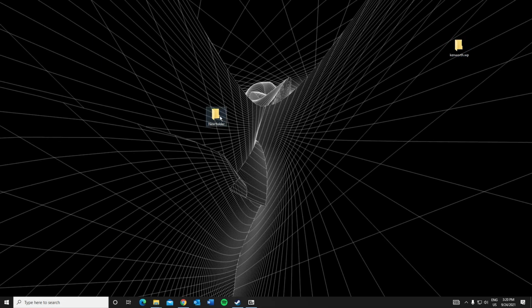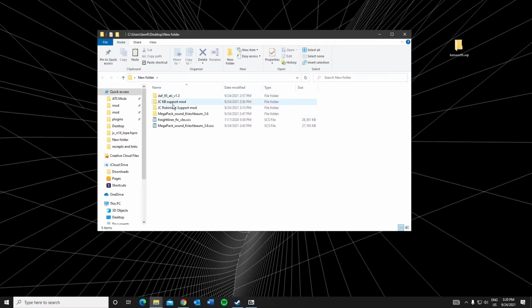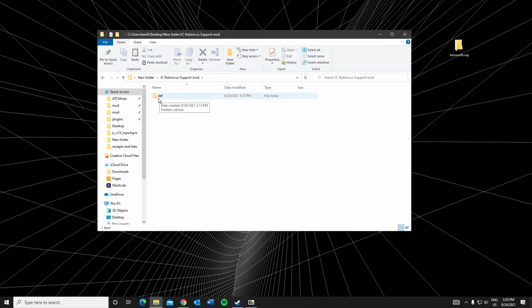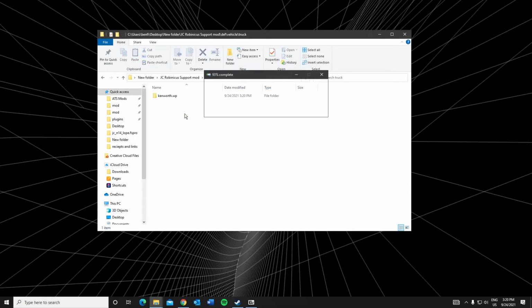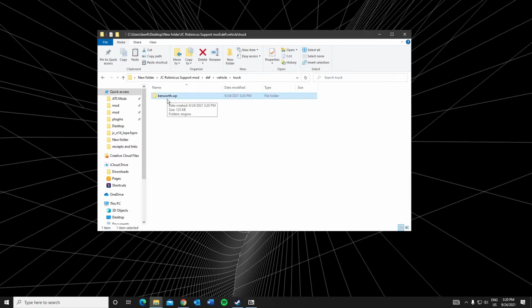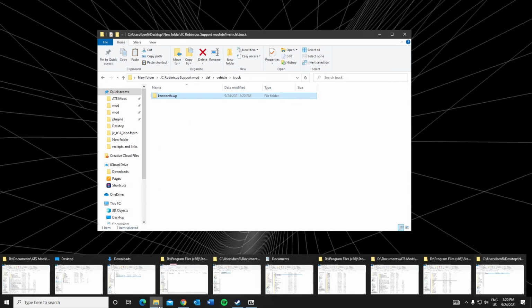So let's go back to our new folder, the JC Robinicus support mod that you're making. Right, use your own initials. Def, vehicle, truck, empty. Grab this, drag her in there. This is straight from Robinicus's pack. All right, now all you need to do is change this name to whatever truck that you want. You need to find the internals. So I promised we were going to go find the internals of that